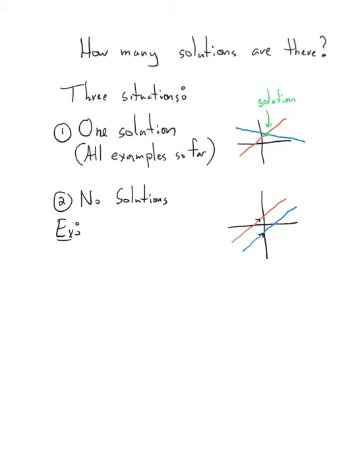We'll do it via substitution, just to make things a little bit easy. No, let's do it via elimination. In fact, it'll be a one-step thing to do it via elimination. So imagine this. We have 2x minus y equals 4, and 4x minus 2y equals 7. Okay, so what I'm going to do, I'm going to multiply the top equation by 2, so we can do elimination, but look what happens. So this becomes 4x minus 2y equals 8,